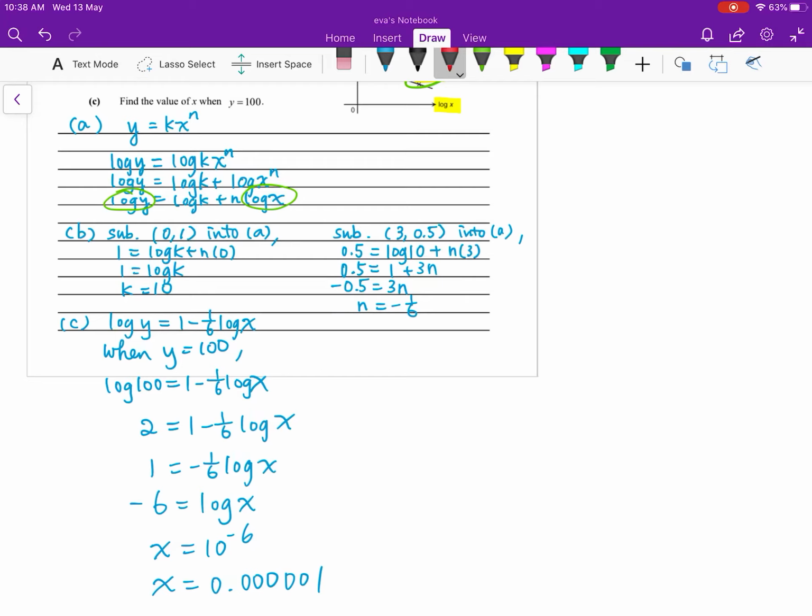So let's look at the mark allocation in this question. First one, final answer of part A. And then part B, substitution of the coordinate into the equation, and then k 1 mark and n 1 mark. C, also substitution, and the final answer. So this is the end of the solution of session quiz 7.2. I hope you get all